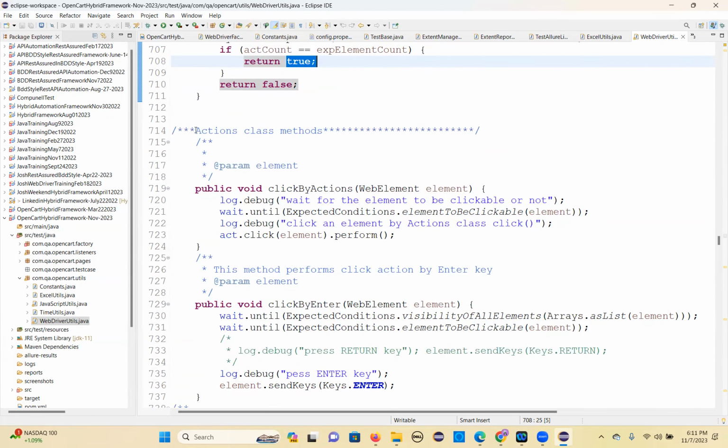And the Actions class methods. Again, we have seen Select class methods, getElement methods, Boolean commands, type method, click method, getText method, everything we have seen. So now the Actions class. The first is click by actions: clickByActions with a WebElement, and wait.until ExpectedConditions.elementToBeClickable, then act.click().perform(). So you just see, you can click with a normal click,